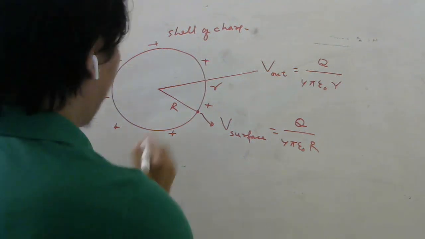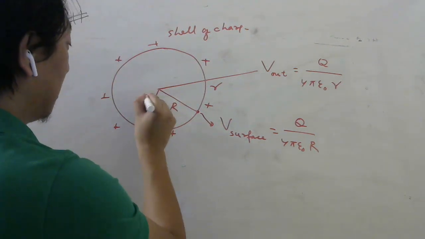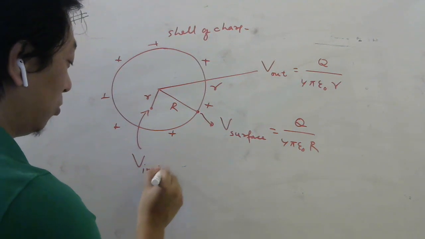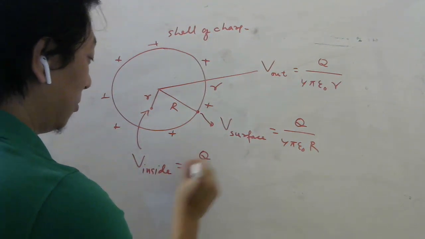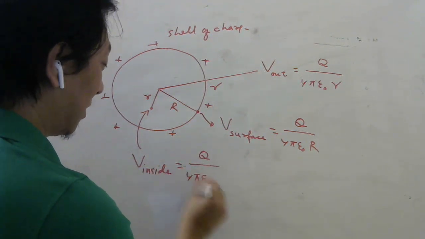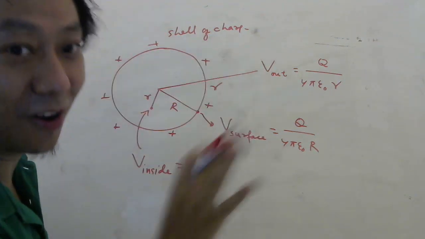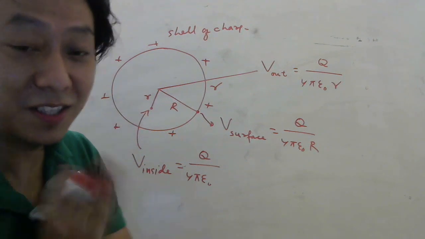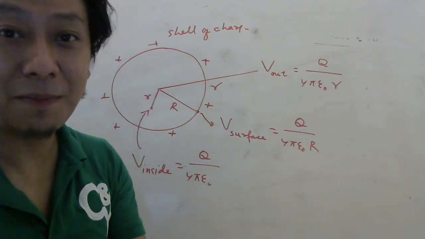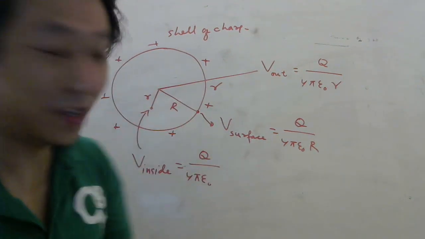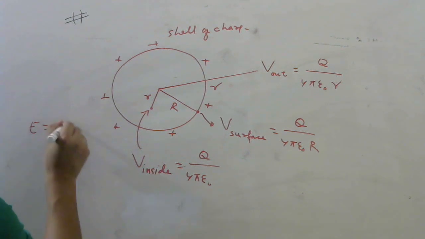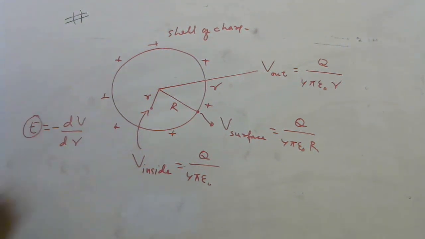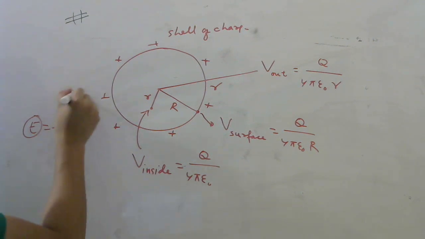Remember, right? Okay. Then if I ask inside, at a distance small r, inside, then don't make the mistake of writing q by 4 pi epsilon naught small r. Don't write this small r, then you are gone. Because potential inside, I have told you just now, will be constant, not zero. Electric field is zero, not potential. Electric field is minus rate of change of potential. So if this is zero, the potential should be constant from mathematics.